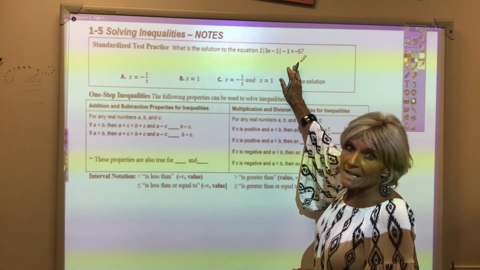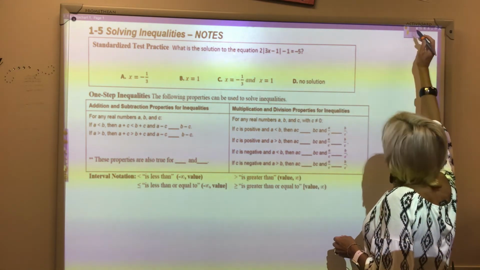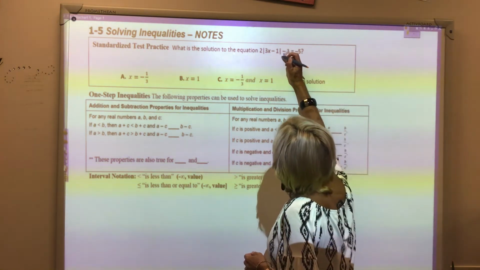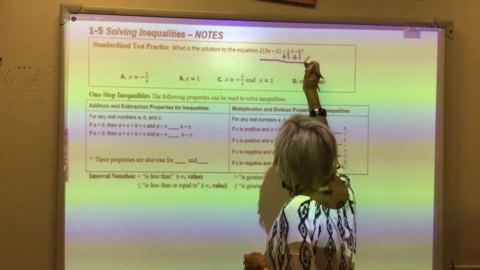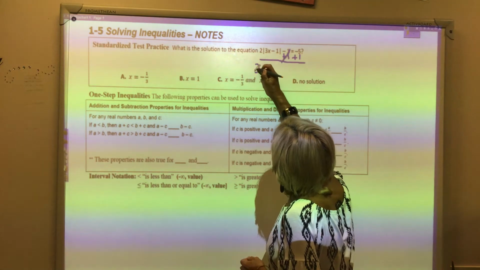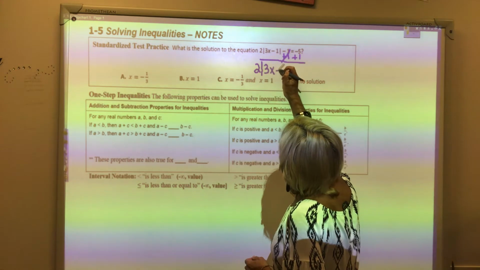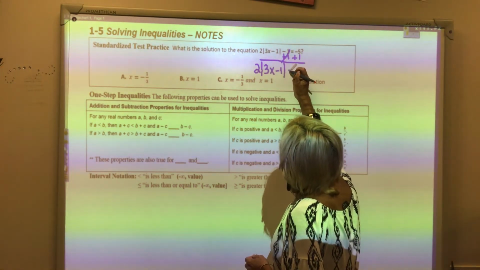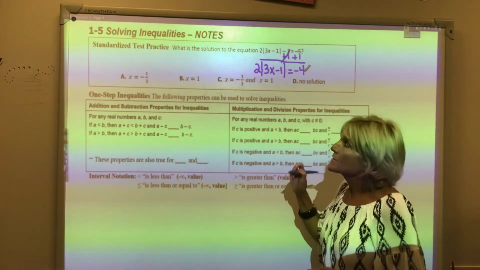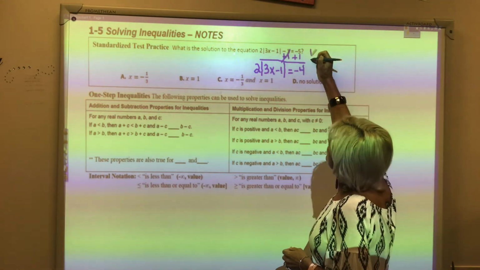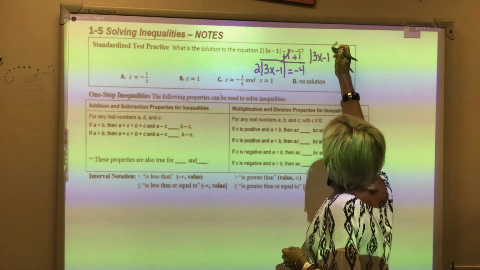So we start by isolating the absolute value. Let's add 1 to both sides of the equation. We will have 2 times the absolute value of 3x minus 1 equals negative 4. Now divide both sides by 2, and we will have the absolute value of 3x minus 1